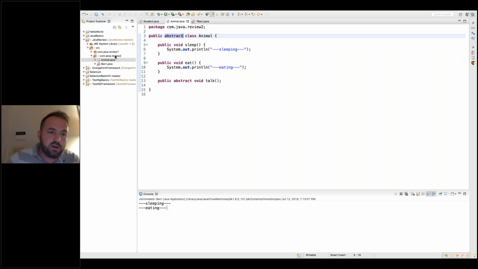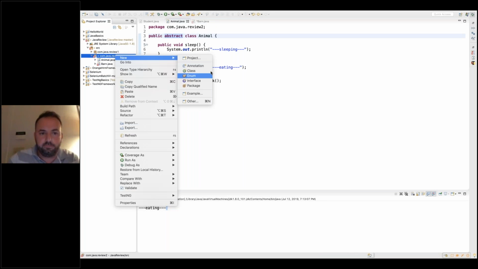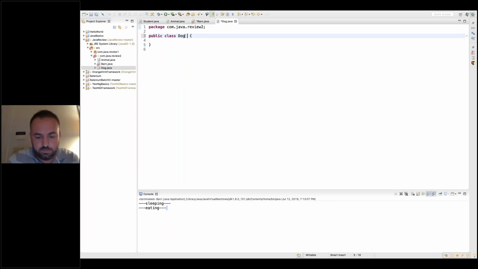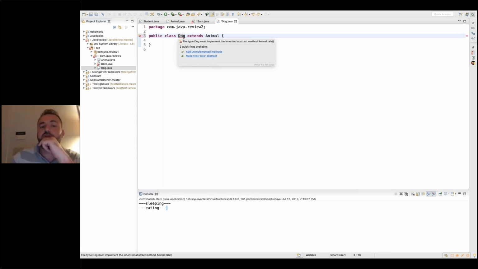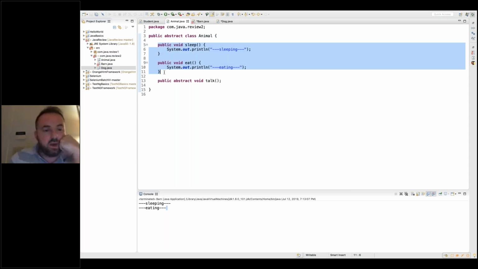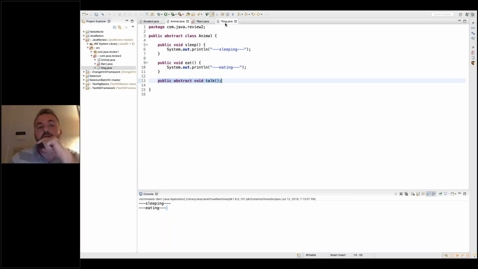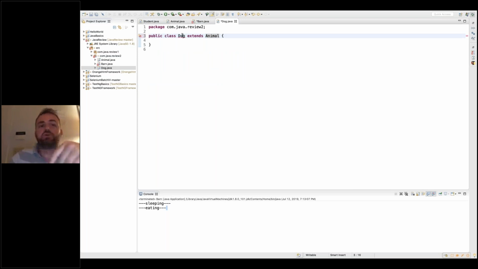Okay, so let's have another class here. Let's say dog, and this class dog extends. Oh, I can write extends animal. Okay, and then here we see an error saying that if you're extending animal, this animal class has these two methods that are already defined, but also has an abstract method which has to be implemented if you are extending this class, unless you also make it